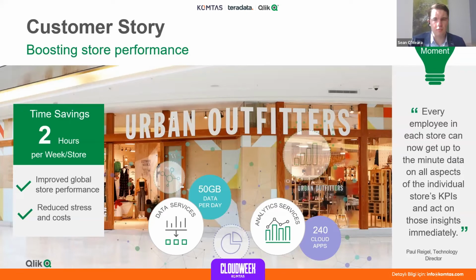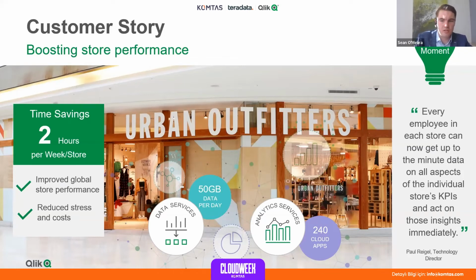So the solution we provided, we consolidated 3 previously separated reporting locations into one central cloud hub. And the Snowflake Cloud, fed by Qlik data integration, streamed 50 gigabytes of data per day, mainly from on-premise data sources. Then we scaled that access to more near real-time data for in-store employees, so they could access their data and their KPIs immediately. And they developed about 240 cloud-based apps for insights into store performance, e-commerce sales, operations, distribution centers,